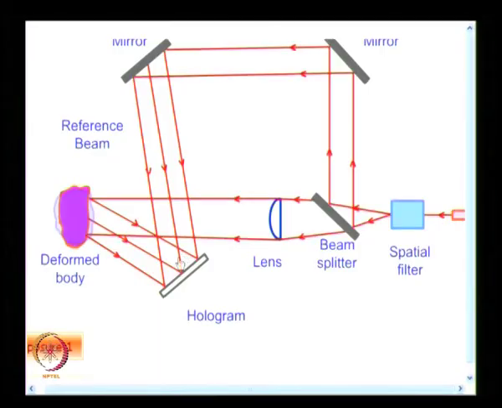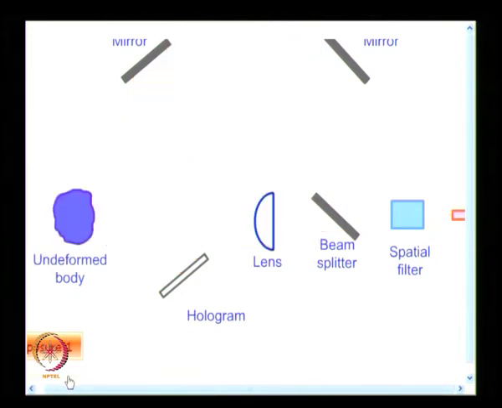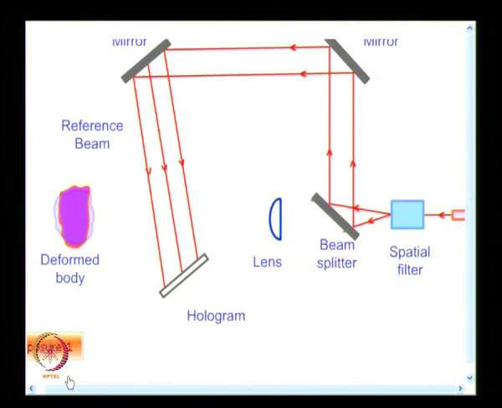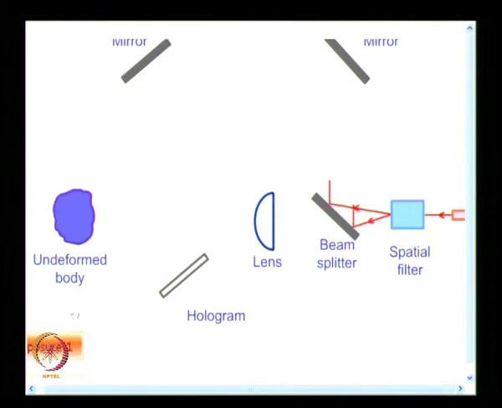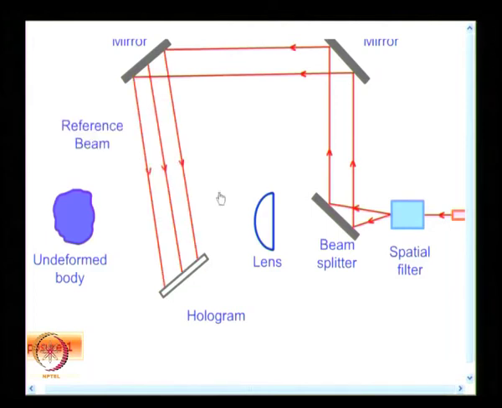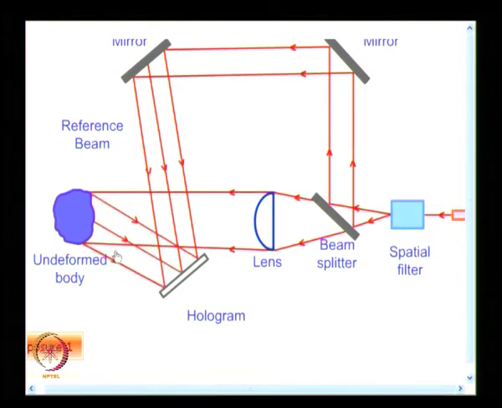And let us now repeat the exposure 2, then we will see the entire animation again. So, in exposure 2 I have a reference beam that is not altered, I deform the body and I record another set of light rays on the holographic plate. And if we go in the sequence, we will see the exposure 1. Only during exposure I have a reference beam which falls on the holographic plate, that is not disturbed when I go for the exposure 2. So, in between the exposures I have to deform the body.